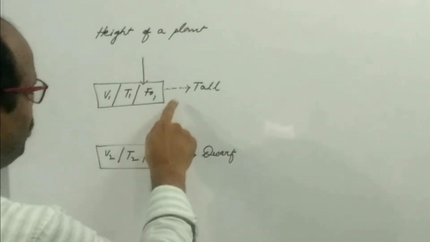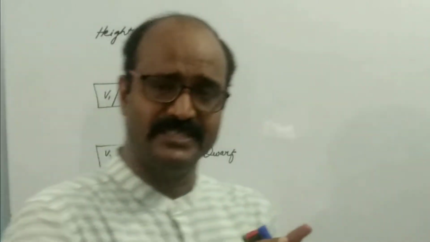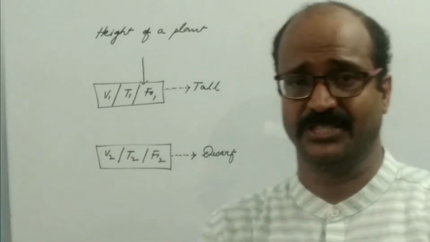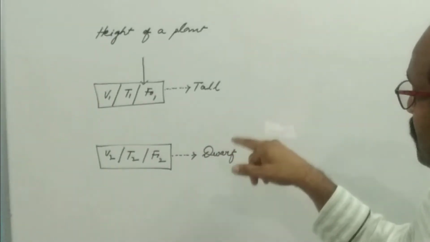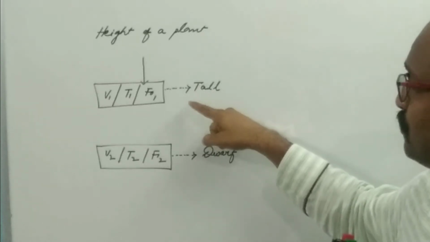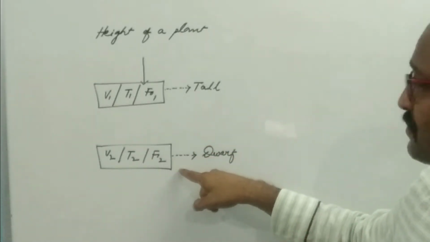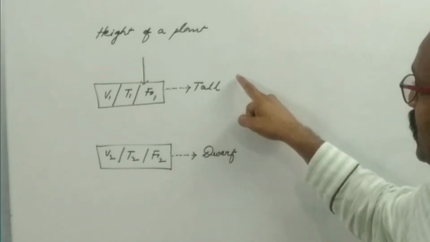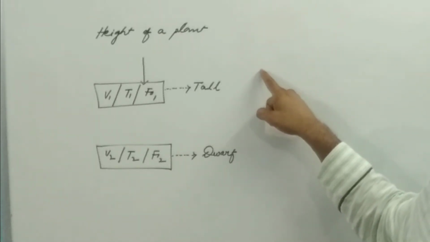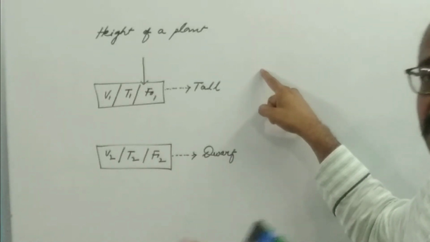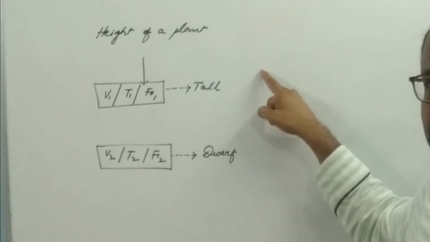Now, if both form 1 and form 2 are present together, as we see in the F1 generation of a monohybrid cross, which is known as the heterozygous condition, only one form will be expressed and the other form remains suppressed, and it will appear in the F2 generation in the recessive form or the homozygous recessive form.